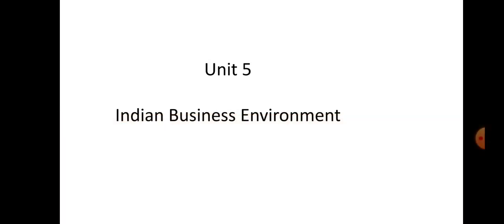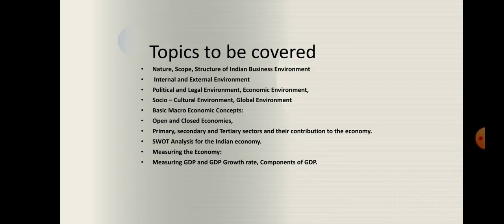Once we understand the economic concepts and economic tools like demand and supply analysis, then cost and production analysis, and various market structures, now we have to study the Indian business environment. So in this unit we will be covering the topic nature, scope, structure of Indian business